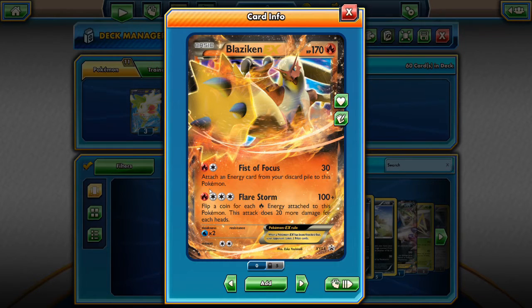And then the main attack that we will be using with Blaziken-EX is Flare Storm. Hits for 100 damage as the base, same as the Mega Blaziken. And then you get to flip a coin for each fire energy attached to this Pokemon. And then this attack does 20 more damage for each head. So assuming we have 2 fire energy attached from a Blacksmith and then a DCE, then we are hitting for 120 on average with the Flare Storm. With the Muscle Band, that's 140, so we are going to be hitting for 2 hit KOs on the EXs